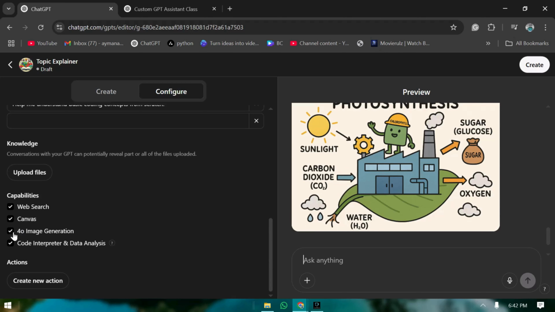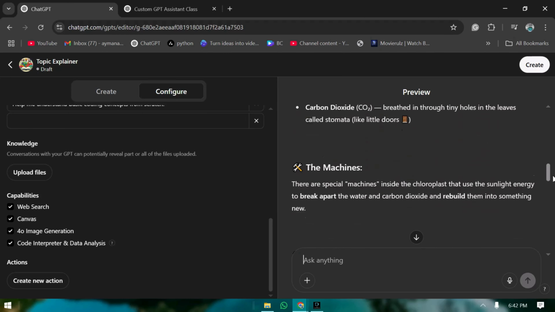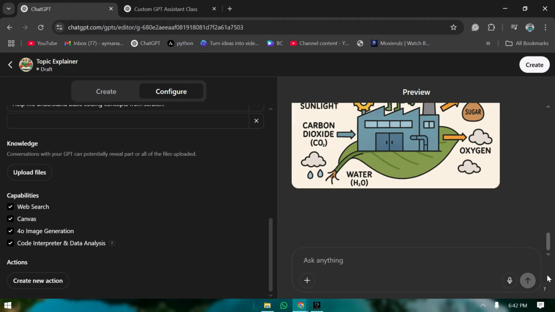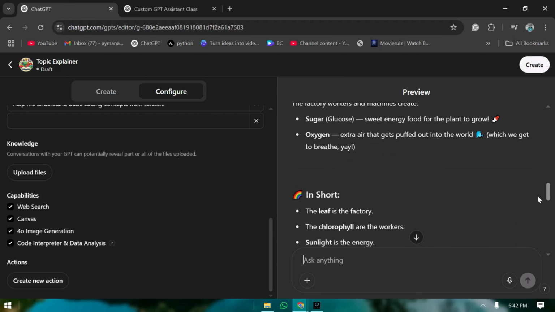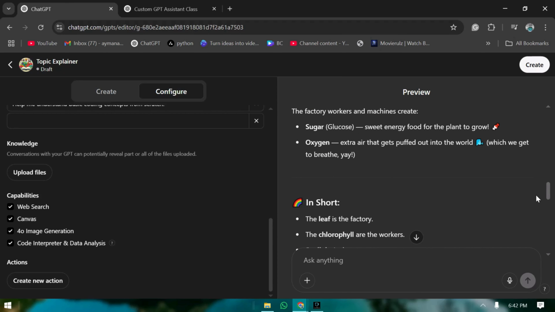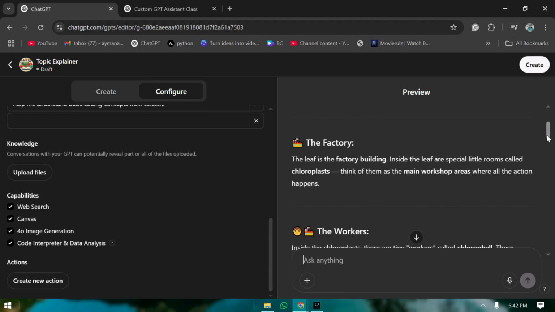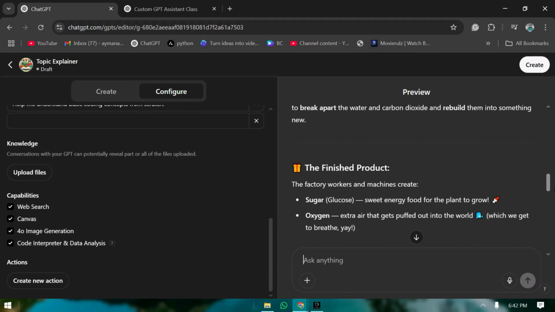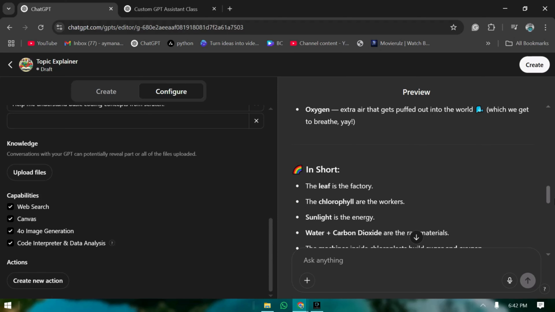So here it used 4o image generation and web search. These are the things it used to get this answer. So this is how you can ask questions, and as you can see, how nicely it has given me the answer. So in the preview we have tested whether our GPT was ready to be used or not. Here I think the answers are nice, and I don't think I want to add or remove anything in this. So I'll just create my GPT,